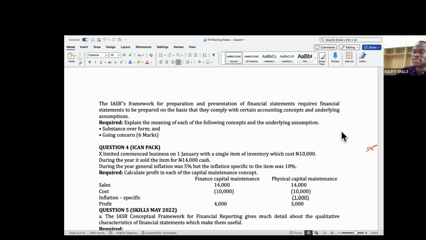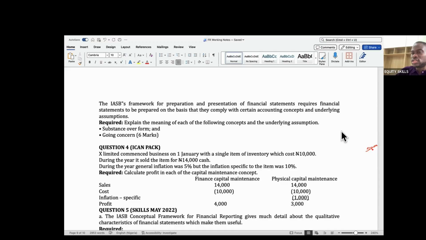But there are some transactions where the economic substance, which is the economic and financial reality, is not the same as the legal form, and that's what this concept is saying: in such cases, you should report your transaction based on the economic substance, not the legal form. That's why we say substance over form. And they rightly give the example of leases. A lease is an example of situations where legal form and substance are not the same.